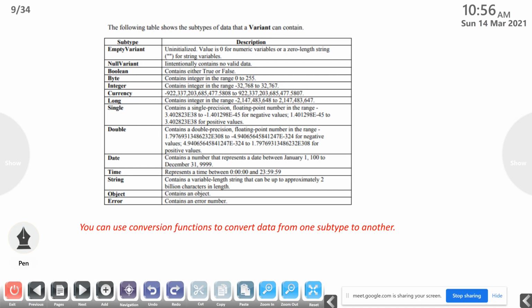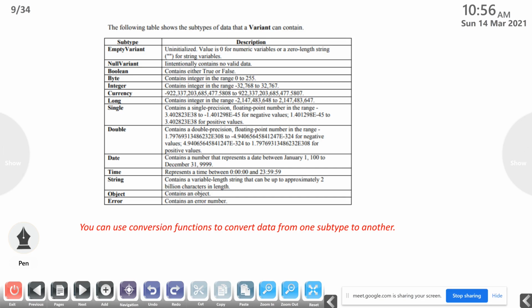Then the following table shows the subtypes of data that a variant can contain. These are the subtypes: empty variant, null variant, boolean, byte, integer. All these are different subtypes of the variant data type. Then you can use conversion functions to convert data from one subtype to another.